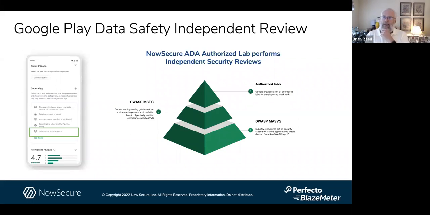The last thing I wanted to hit on, as Eran brought up, we have the Apple privacy and the Google data safety programs now that are really ramping up, and we want to make sure that everybody's informed about what's there. So Google Play data safety is a mandatory requirement that all Android developers, when they submit any build going forward of any Android application, you have to go in and self-attest that this is what you do with your data.